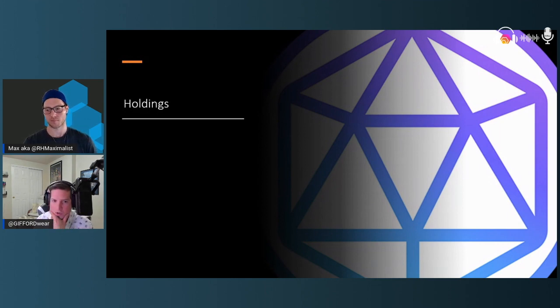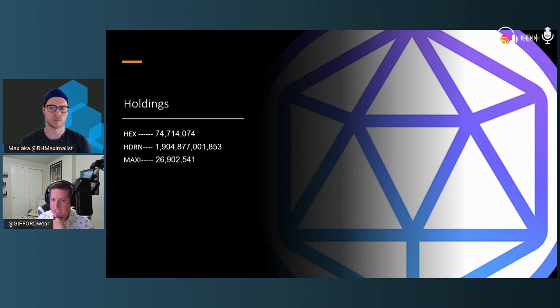All right, let's look at the holdings right now. First one is Hex. How much Hex is in there? 74,714,000 Hex. How much Hedron? 1.9 trillion Hedron. Maxi, 26.9 million Maxi, which I might add is the largest whale address in Maxi currently, I believe. 549 ETH, 16.49 wrapped ETH, 2.9 million USDC,